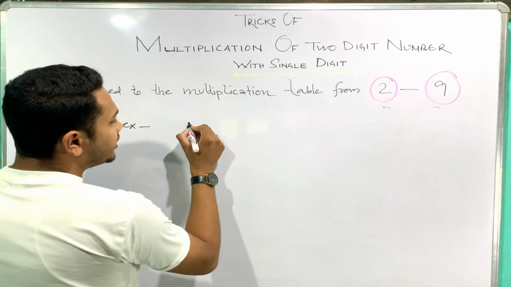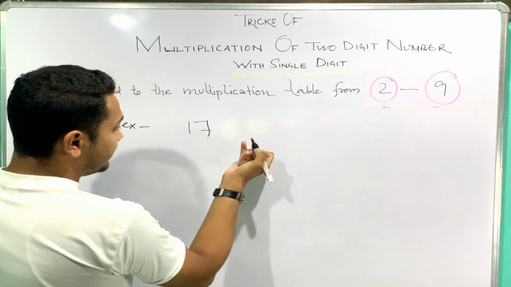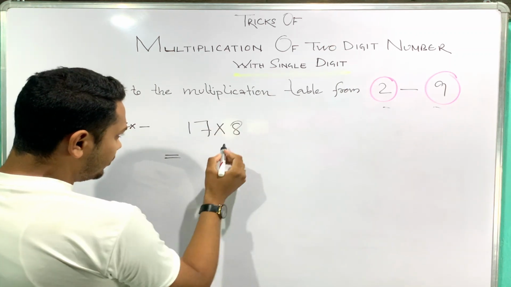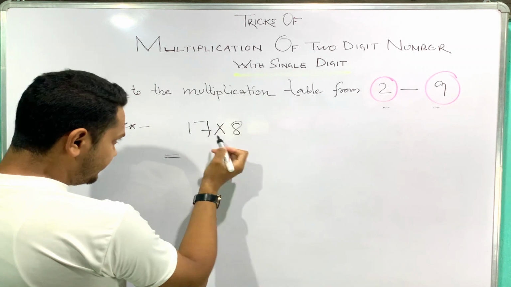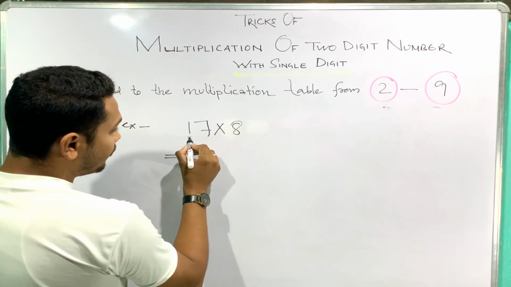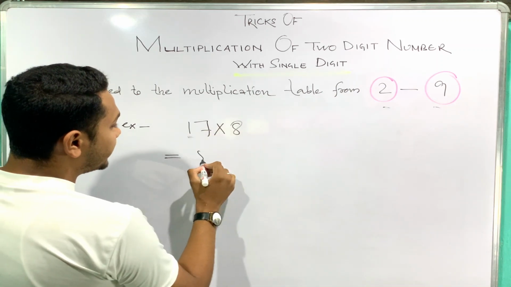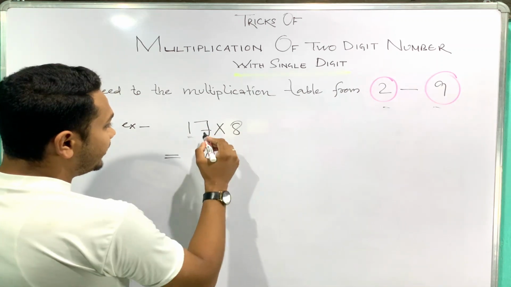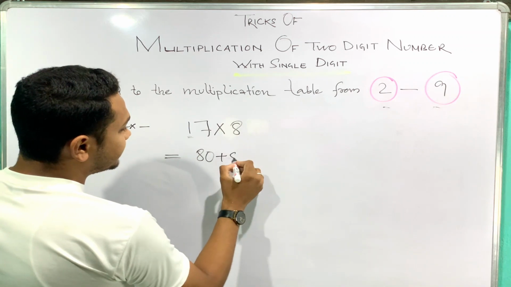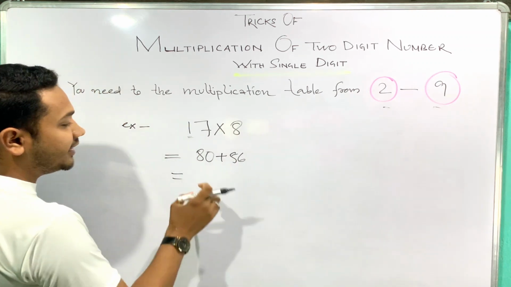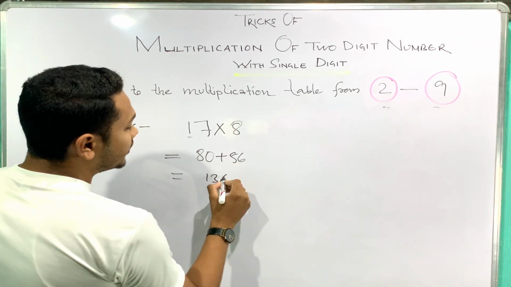Now moving to the multiplication table of 17, just have a look how I will multiply here. 17 into 8, just have a look. First of all, I will multiply this 8 with 1. Okay, the place value of 1 here is what, 10, right? So 8 into 1, I will get here 80, and 7 eights are 56. So how much are we getting, 80 plus 56 is how much, 136.